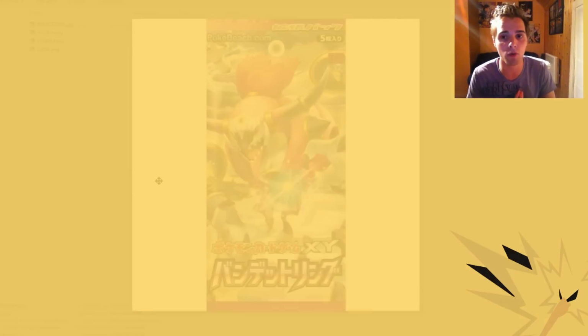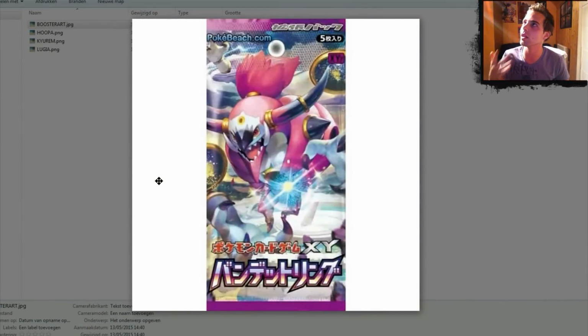For those of you that don't know what Minisodes are, basically they're like mini episodes where I talk about something really interesting that just came out as of late. And this time around, I'm gonna be talking about the Bandit Ring set, which will be released on June 20th in Japan, so expect that for the Japanese people out there, or people that like to collect Japanese cards. The English release will probably be in August, so in the beginning of August you'll be getting the English release